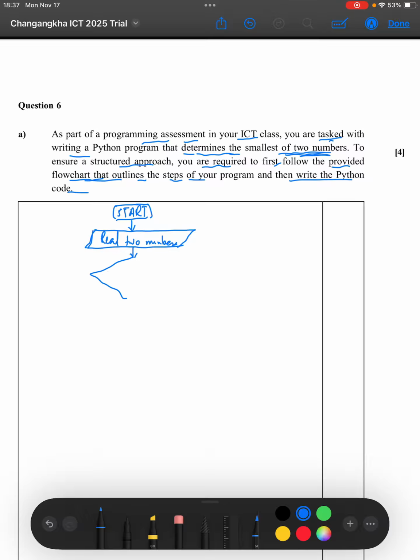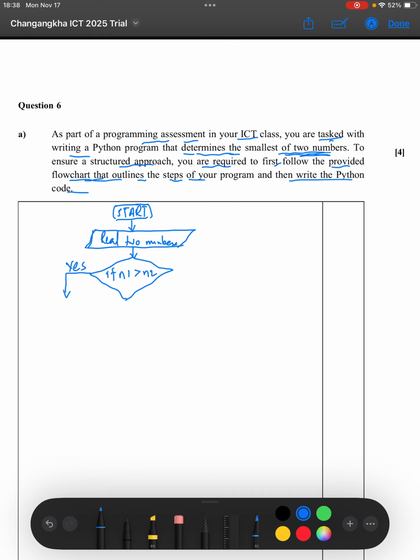We're going to check if n1 is bigger than n2. So if it is yes, if the answer is yes,